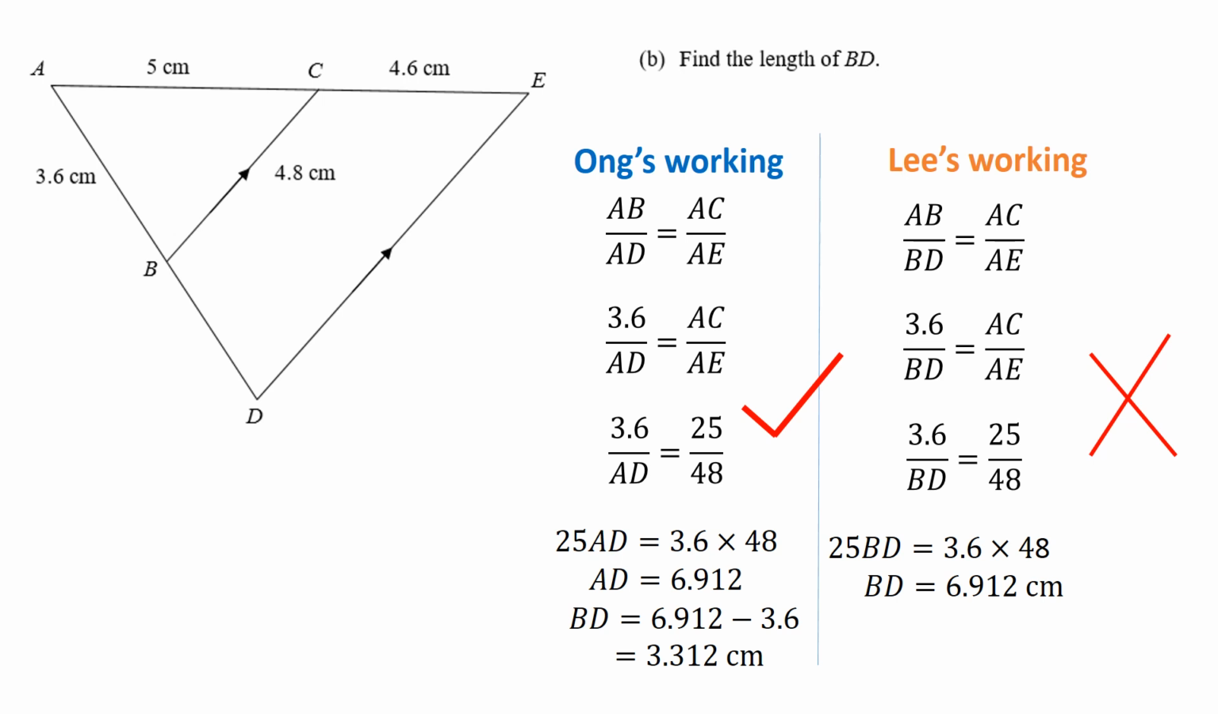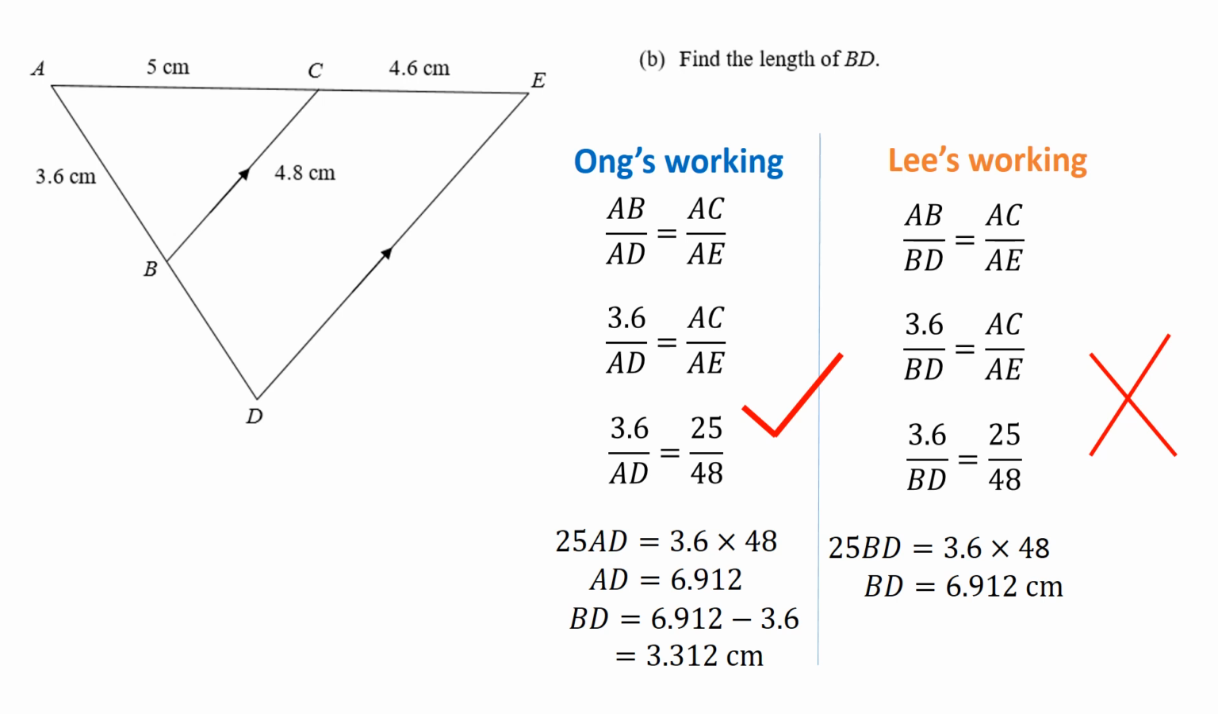Why is that so? Right, let's go back to Mr. Lee's working. When we talk about ratio of corresponding sides, we are referring to the ratio of corresponding sides of similar triangles. The keyword is triangle. So when you compare sides, they must be sides of a triangle. So what Mr. Lee has done is he compared AB, which is the side of triangle ABC, but BD is not the side of triangle ADE. BD is the side of the trapezium. So you can't be comparing the length of a triangle with the length of a trapezium